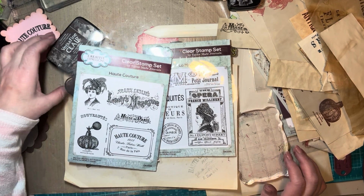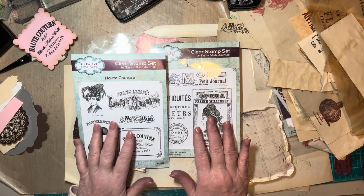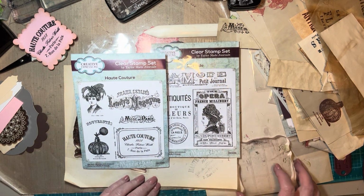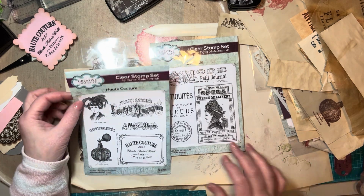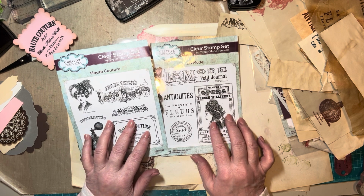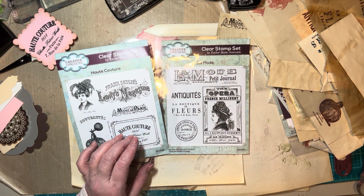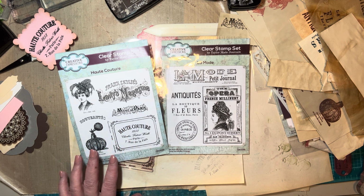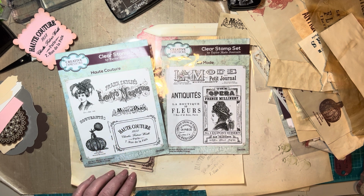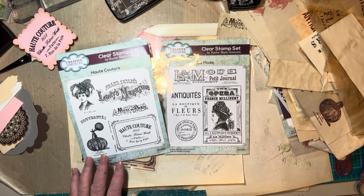I am back to work using Lorna Taylor's stamps that she created in collaboration with Creative Expressions. And I did a video previously and I was having trouble getting my regular inks, my archival inks, to stamp some of the images. But I had VersaFine Clear